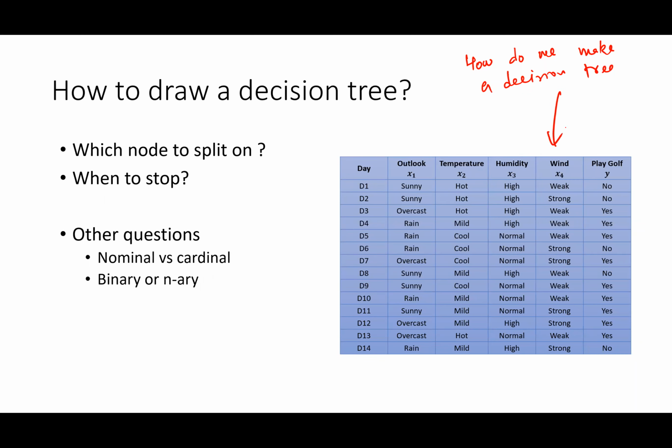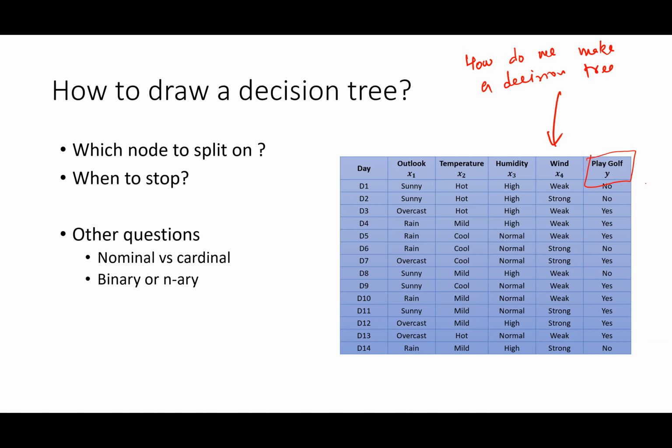So let us say this is our data, which I was saying earlier. These are the 4 parameters, x1, x2, x3, and x4. And these are the different examples, 14 different examples we have here. Then this last column tells us the class. We have only 2 classes, the yes class and the no class. The question is, how do we come up with a decision tree?